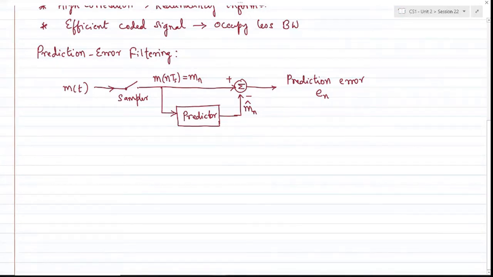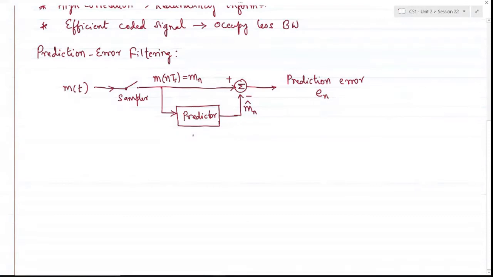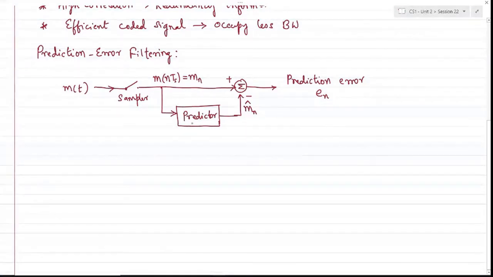Correspondingly, the prediction filter that operates on the message signal is the one involved in generating this prediction error. This is basically a comparator. It simply takes the sample, delays it for a certain duration of time, and tries to compare it with the present sample. In other words, if m n is the current sample, m n hat could be the next sample or the previous sample. The difference between the current and the future or the past will be the actual error.